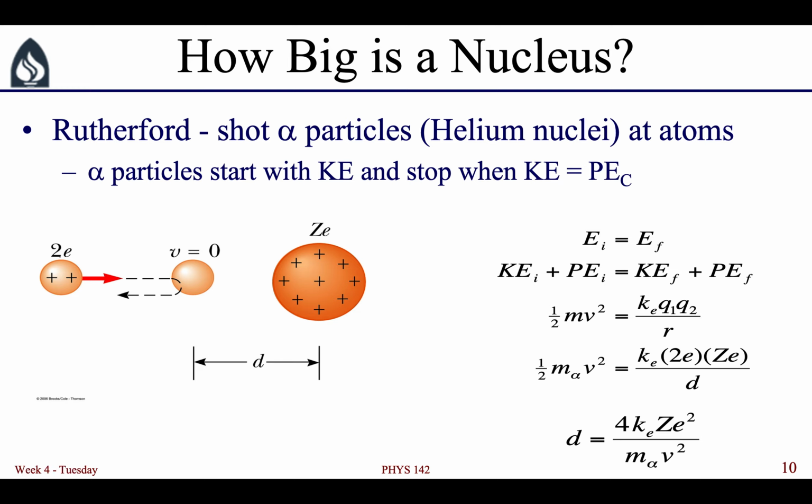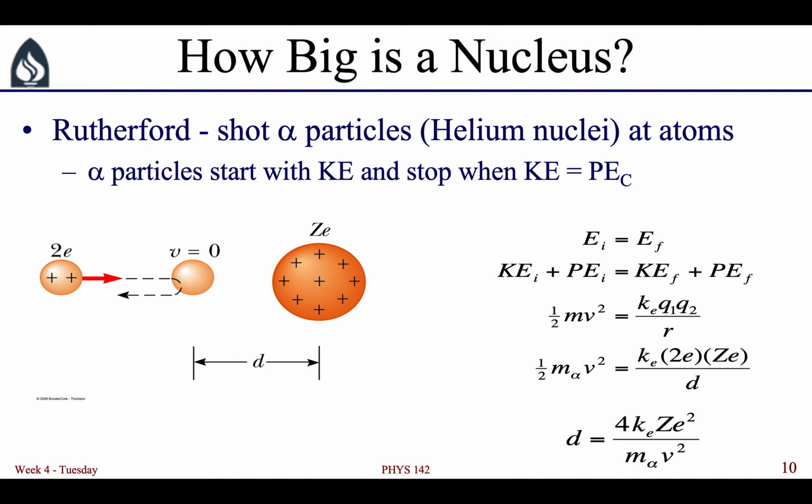Another question that we can ask that's really important is, how big is a nucleus? We know that they're much smaller than an atom as a whole, but how small are they? The first person who had a good answer for this question was Rutherford. He shot alpha particles, and alpha particles are just helium nuclei, 2 protons, 2 neutrons. And he shot these alpha particles at other atoms, larger atoms, and the alpha particles started with a high kinetic